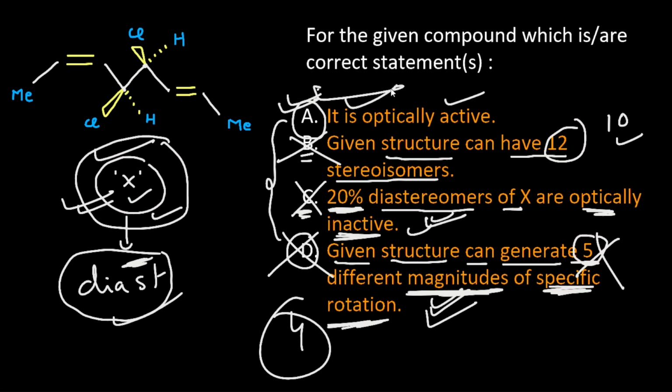So I hope I have made you understand all the basic fundamentals of how to draw the stereoisomers, how to judge the chirality, how to make out the number of diastereomers, and all those very important fundamental details. I hope you must have understood all those very clearly. And similarly, my other videos must also be understood by all of you. You must be getting the subject out of all those videos. And with the same hope, with the same thought process, we are going to see more videos in future also.